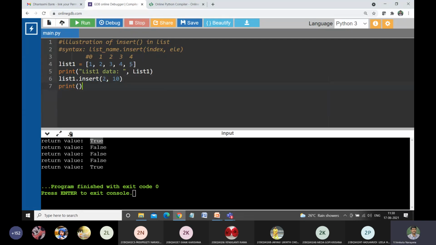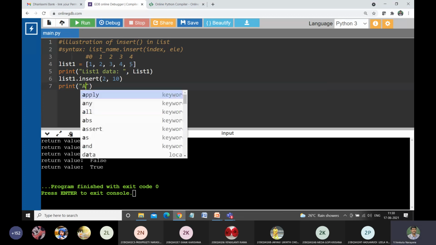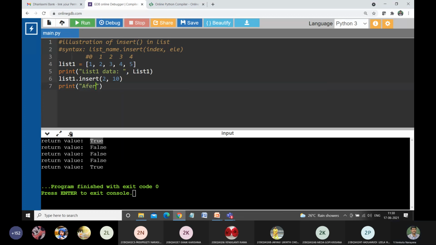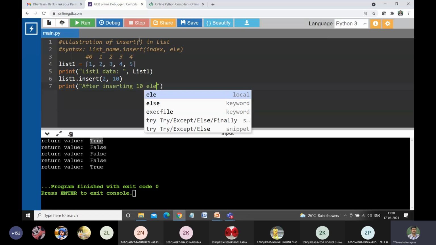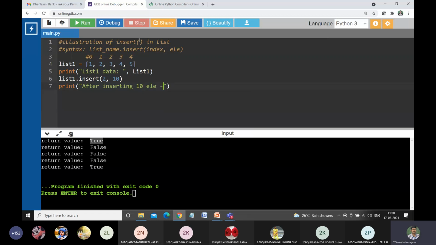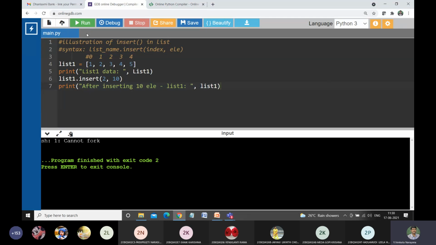Let us print the list after inserting the element 10, list1. Please check whether it is working or not.